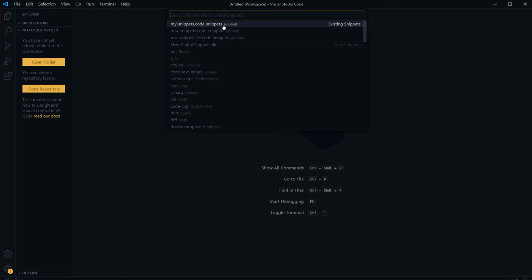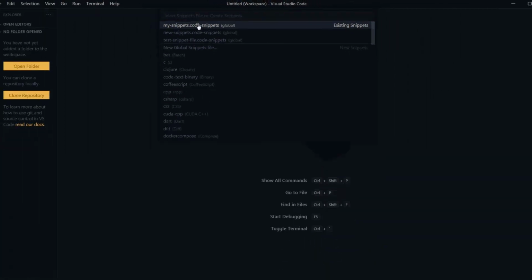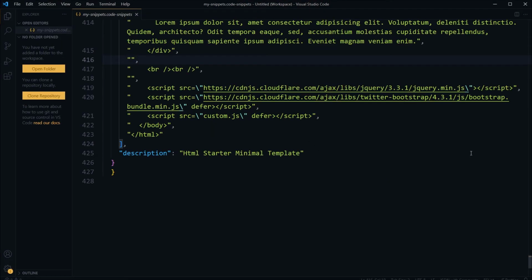If you don't have snippets file already created in Visual Studio Code, you can create by clicking this new global snippet file. I already have got one, so I will click here, and these are my snippets.